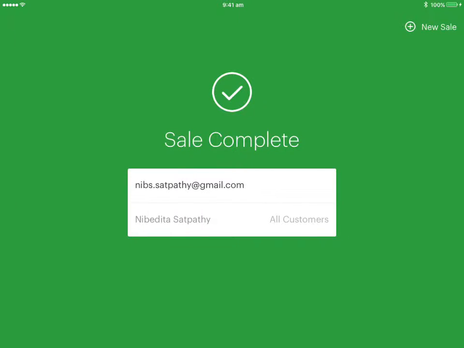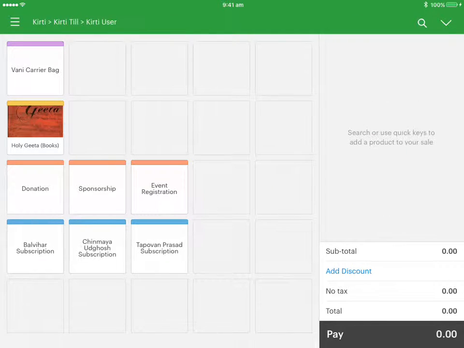Because the customer is already on the system or has been added to the system, the email should be on the system already. Always make sure that it is added to the system, and the email address is there, because that's the best way we can keep track of the person who's taken the books and communicate with them for payment purposes. Excellent. Now, let's say you have taken 10 books and the payment comes in batches,